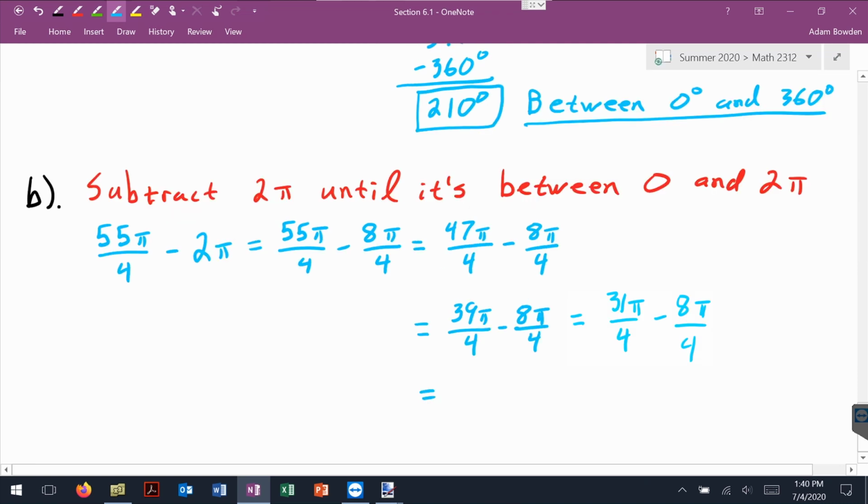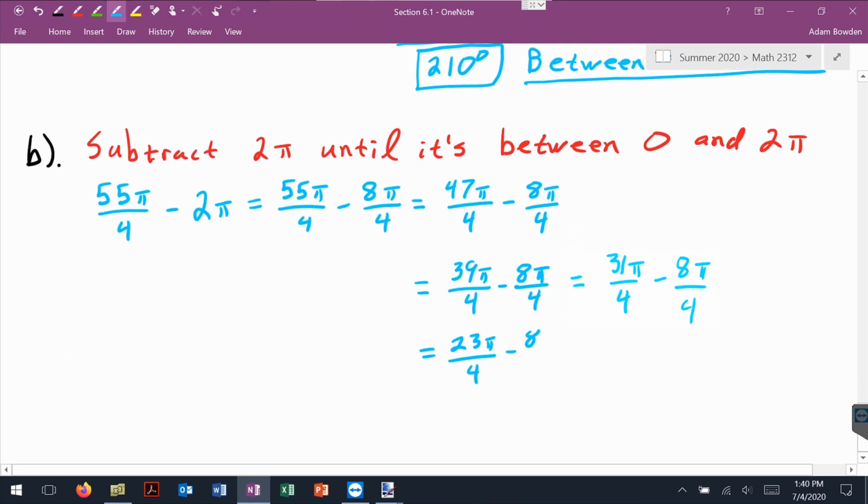That brings it down to 23 pi over 4, which is still too big, so I'll subtract it again and get down to 15 pi over 4, which is still not small enough, so we'll subtract another 8 pi over 4, and what we'll be left with is